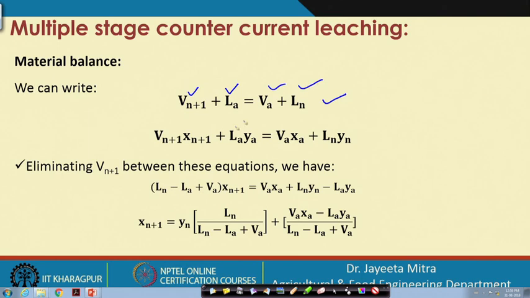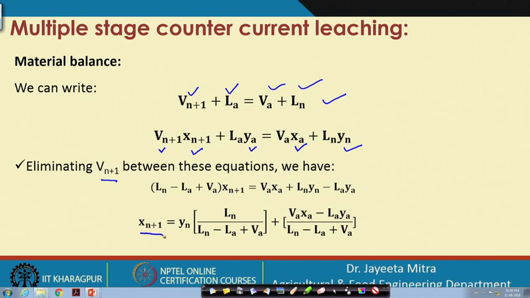Okay. And then we have the component balance, that is the solvent, in that what is the fraction of the solute component and what is the component in the slurry. Similarly, what is the component in the overflow and what is in the underflow. So, with that we eliminate V n plus 1 and we put it in this equation, so that we can